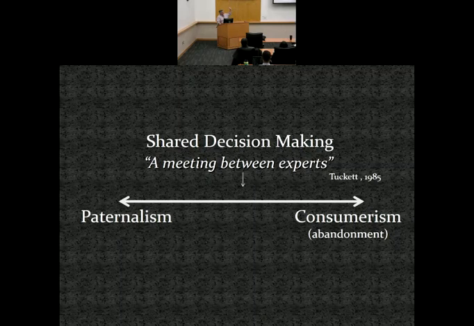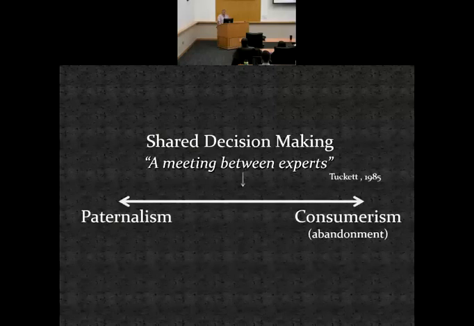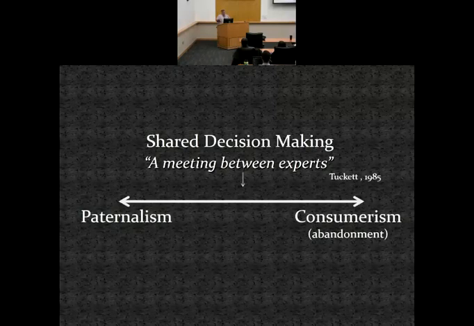You go too far on one end, and you have the traditional model of paternalism where the clinician just tells the patient what to do. But you go too far on the other end, you have like that cartoon, and Timothy Quill wrote a great article calling this sort of consumerism patient abandonment, where you just say, oh, here are your options, you make the decision. That's not really sharing a decision with the patient either. One of the more common questions I get is, well, patients always ask me for a recommendation. Can I do that and be sharing a decision? And I think you absolutely can. Is your recommendation just based on evidence, or is it based on evidence and your discussion with them on what's important to them?